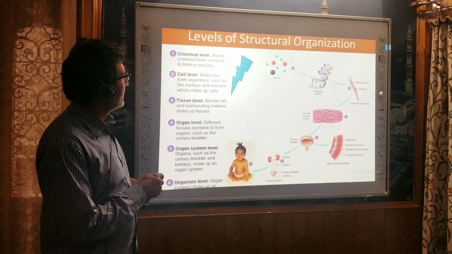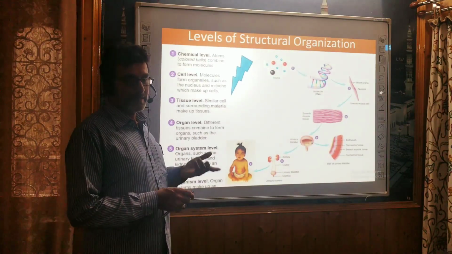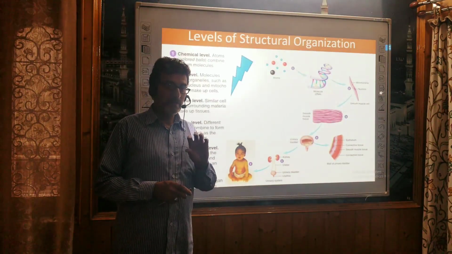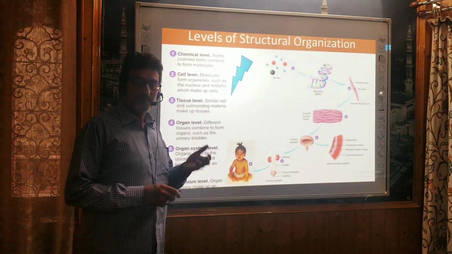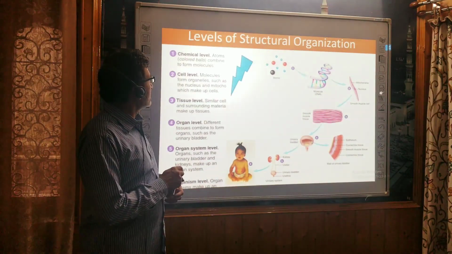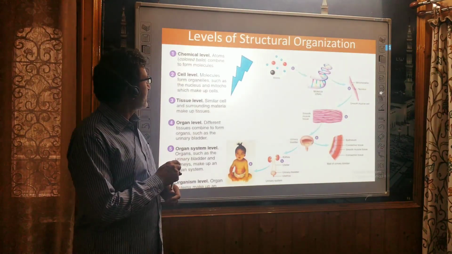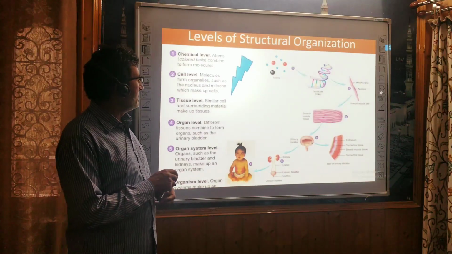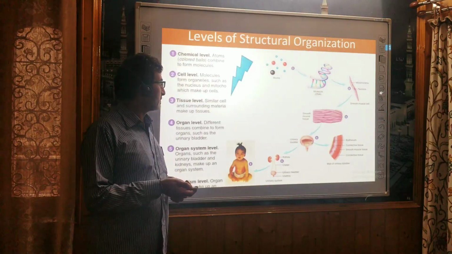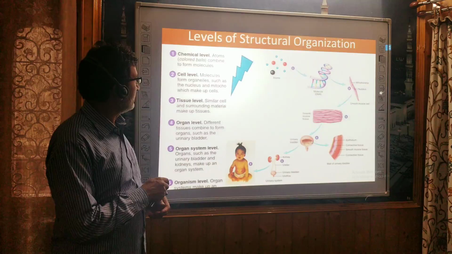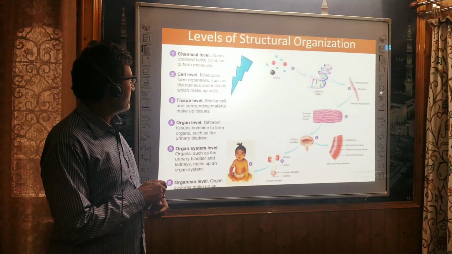So, chemical level: in our body cells we have different chemicals, for example carbon, hydrogen, oxygen, nitrogen. We call it the major four. All these four elements play a vital role in our body cells in order to perform life activities. So atoms combine to form molecules. Cellular level: when molecules combine, cells are formed. What is the cell? The functional unit of life, physiological unit of life, fundamental unit of life, basic unit of life, genetical unit of life. At the cellular level, molecules form organelles such as the nucleus and mitochondria, which make up the cell.